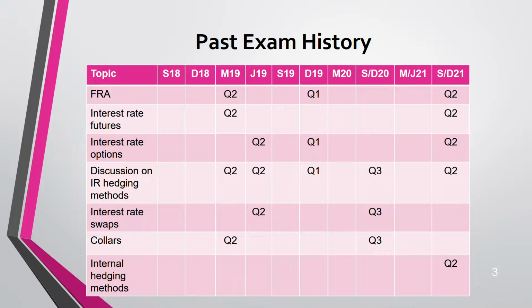Then comes your internal hedging method. It does not come all the time, it comes rarely, but when it comes, remember the order. First, the internal hedging method has to be looked at. After that, the external hedging methods. What are external hedging methods? All the ones that have been described above: option, futures, forward, swap, collar. These are external.